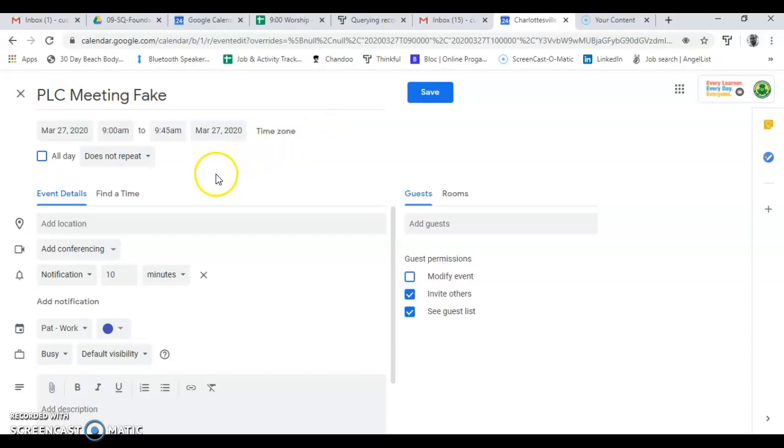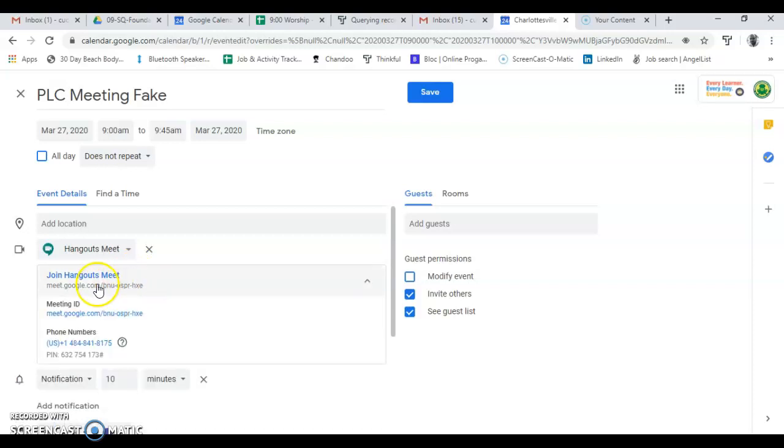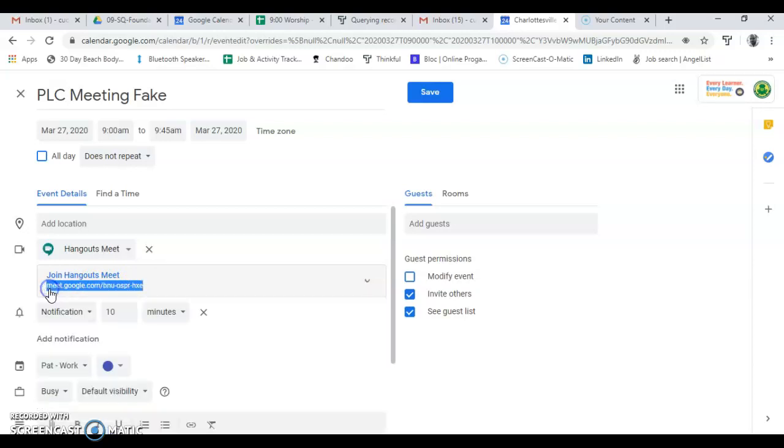The next thing that you want to do is add conferencing. If you just go top to bottom, left to right, you won't miss anything. To add conferencing, that is essentially our Hangouts Meet, which gives us the video and audio feed. Now, a couple of things with Hangout Meet. It does generate a unique link when you establish this. So this unique link here, if you want, you can copy it and paste it for